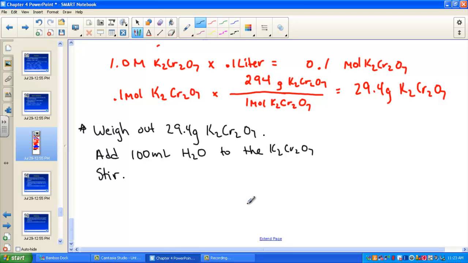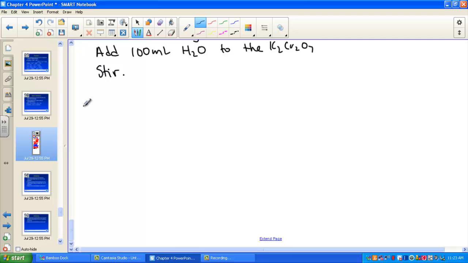We have one more in this set. Let's take a peek and wrap up this example. Number 6. How do I make 250 mLs of a 2 molar copper 2 sulfate dihydrate? Copper 2 sulfate